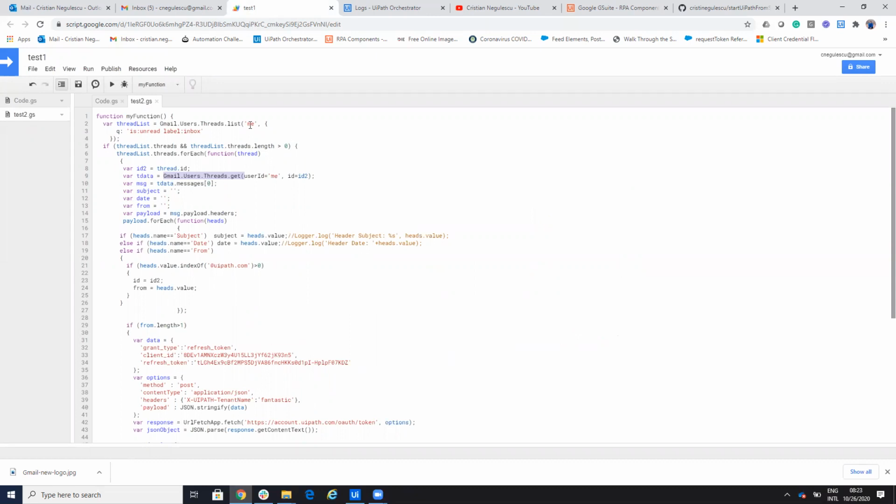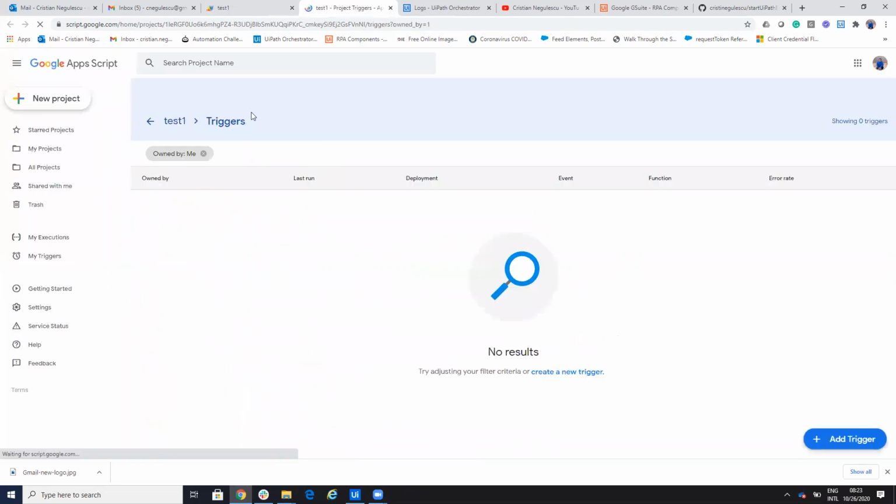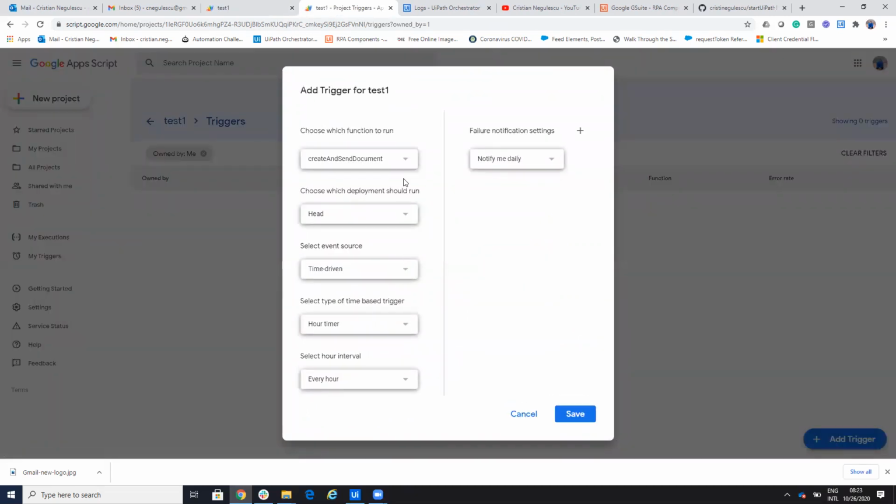I will show you how, because so far I just ran my script myself. I can go here to the triggers and say add trigger. This is my function, the function that I select.